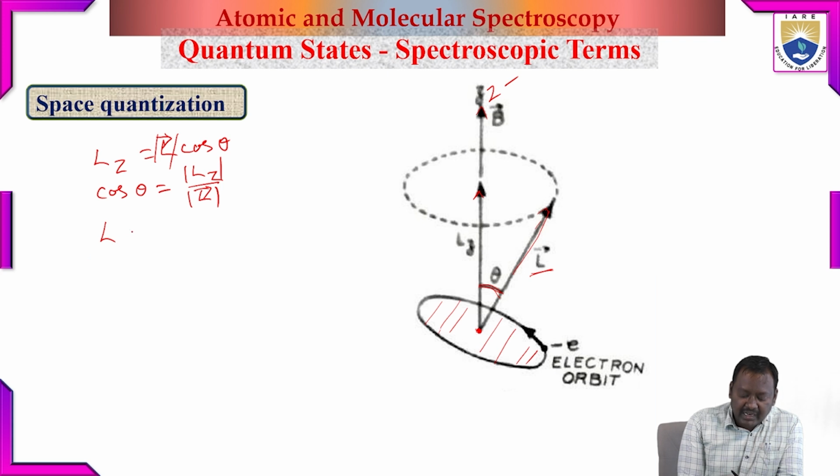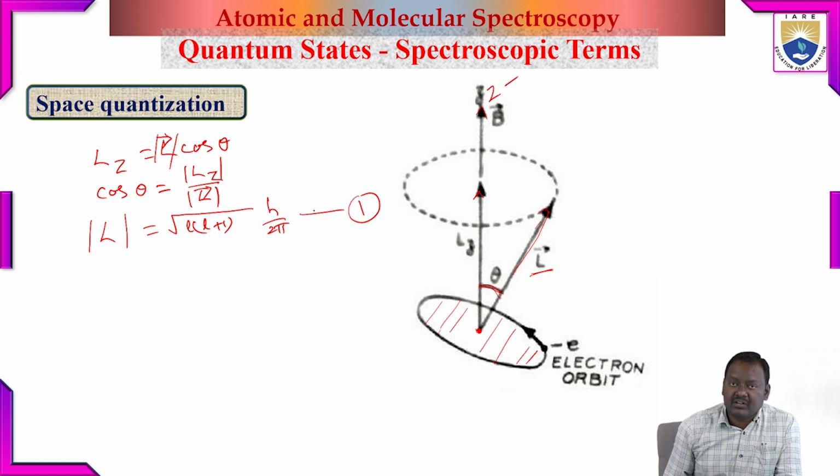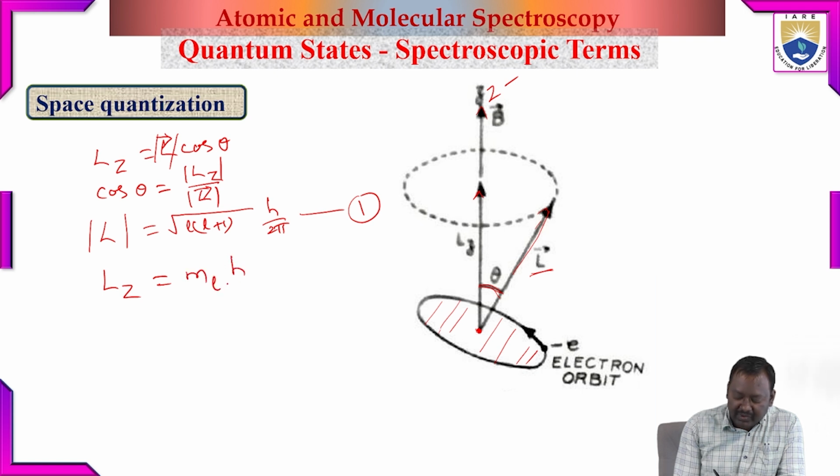For example, L, the magnitude of orbital angular momentum, according to quantum mechanics is square root of L into L plus 1 times h cross, or h by 2 pi. Let this be equation number 1. And the z component, the orbital angular momentum component along the field direction, is Lz, given by ml h cross, or ml h by 2 pi,